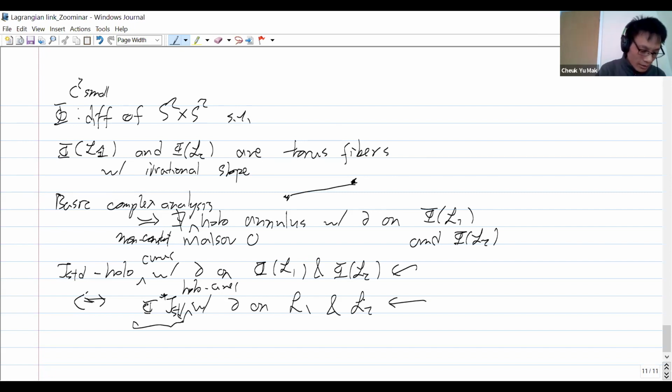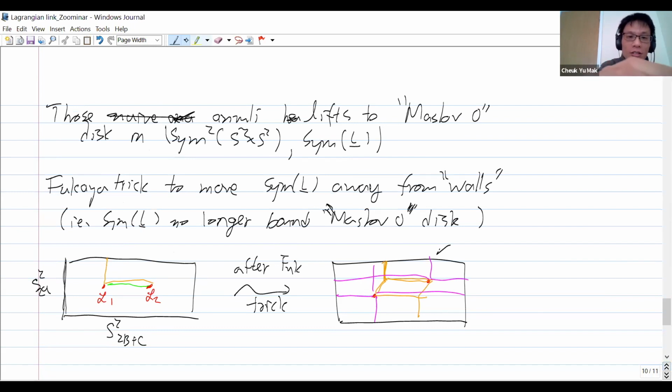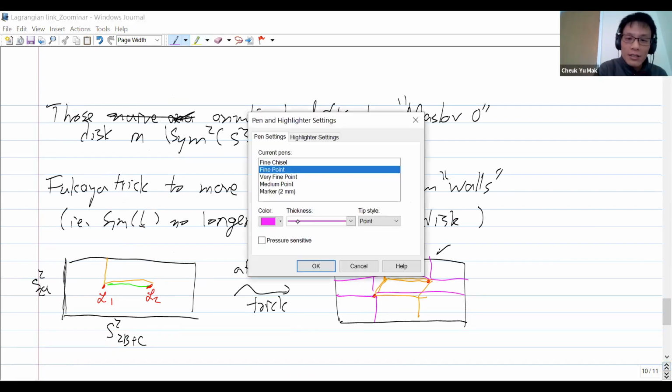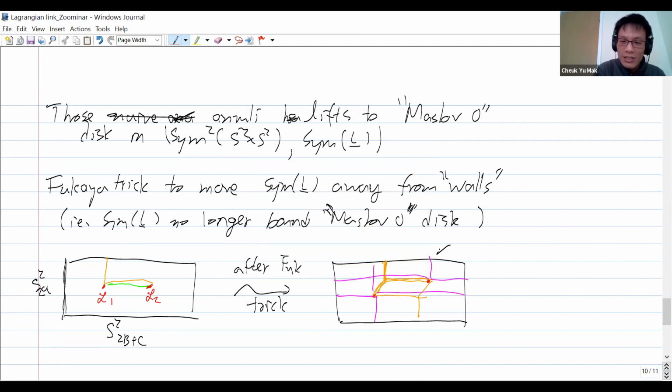And then you can also construct these annuli directly. So here I only draw some tropical picture, but actually you can write down the map explicitly, with boundary on these two Lagrangians. And yeah, I find this tropical viewpoint very helpful to me to understand what is happening